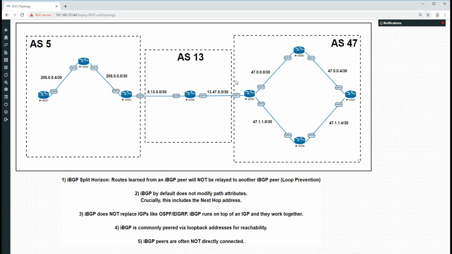Now, fair warning, iBGP is quite a difficult concept to understand when you're first seeing it. If you're not used to it, don't be hard on yourself if you find it confusing. I found it confusing, I think everyone finds it confusing, and the best thing to do is to maybe watch this video, read a little bit about it, but then lab it. Labbing it will really help you understand how iBGP works, because it's very different in many aspects to other routing